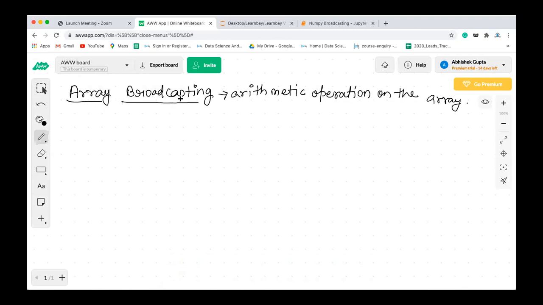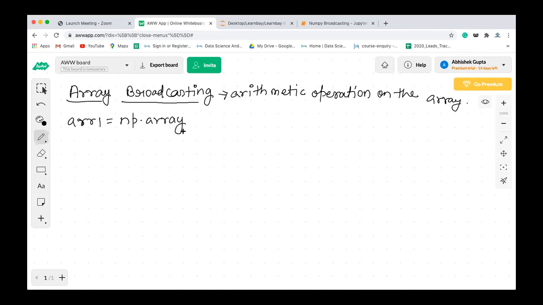To understand array broadcasting, let's see what leads us to this topic. Let's say we have two arrays. Array 1 is equal to np.array. Obviously, you are going to import NumPy before this statement.